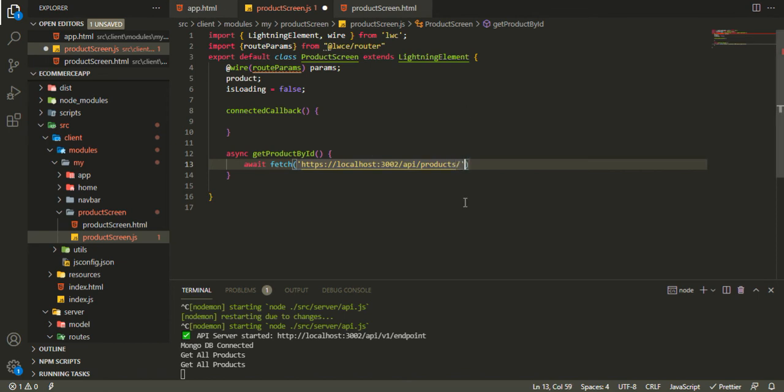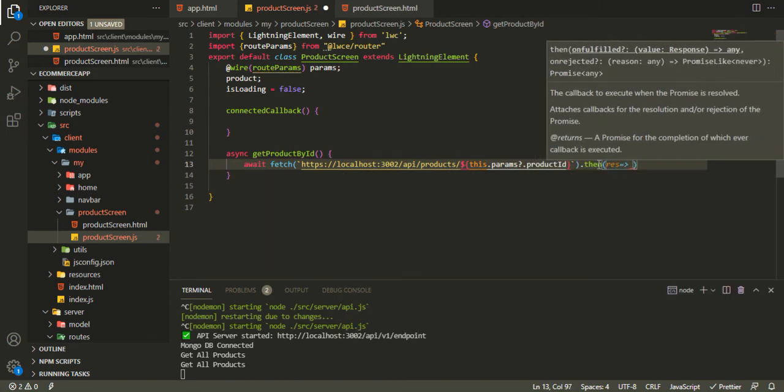So slash, we have to change these single quotes to backticks, and we're going to say this dot params dot product ID. And we are also going to add a question mark, so if the params are there, then we're going to get the product ID. Dot then